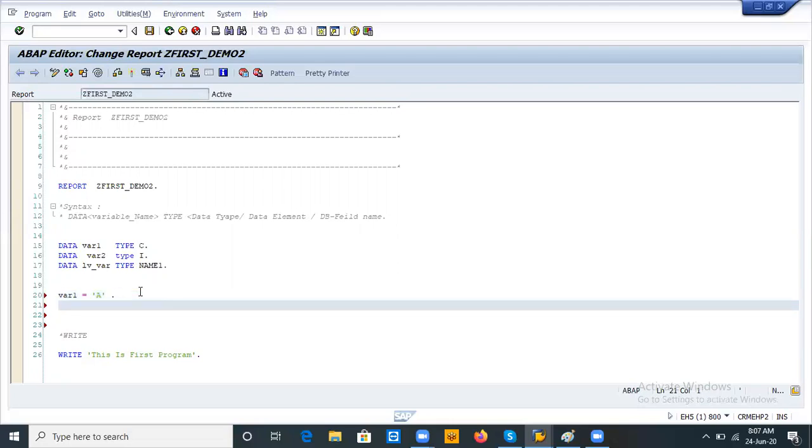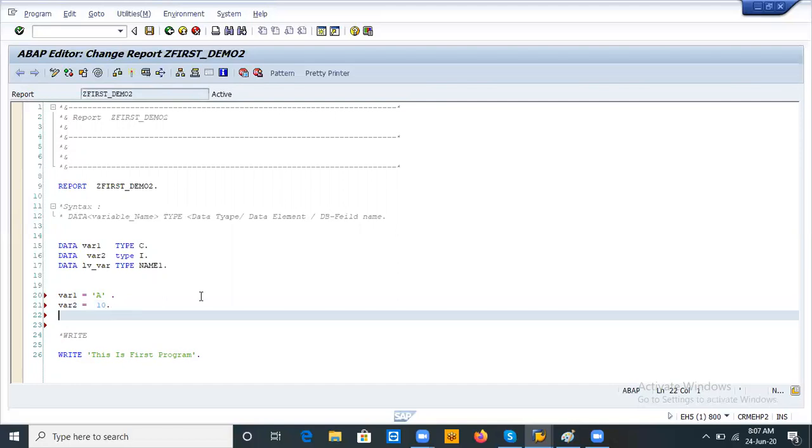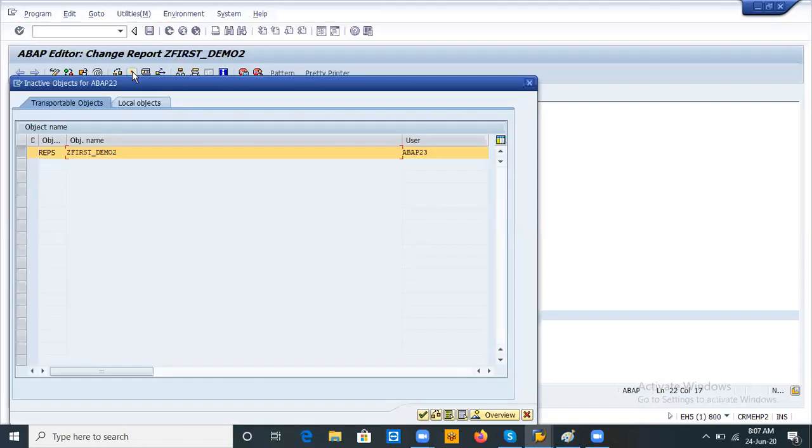And here variable 2, I am assigning the integer number 10. And here lv underscore var, I am assigning one name. Again save, check any syntax errors, and activate it.